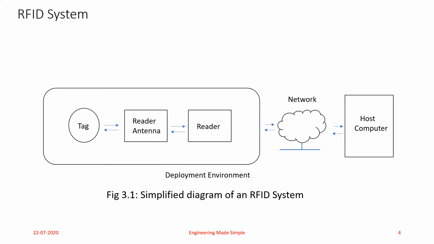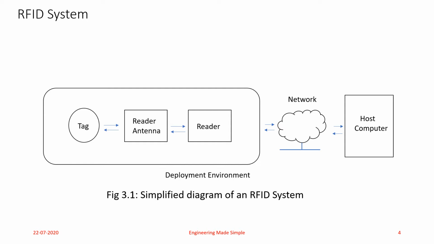So let us start by defining an RFID system. An RFID system may consist of an RFID tag and reader, but an RFID system comprises many other underlying technologies such as computer network, internet, wireless devices, and software, all working together to form a complete RFID system. Now this RFID system consists of two layers, namely the physical layer, and the second one is the IT layer or information technology layer.